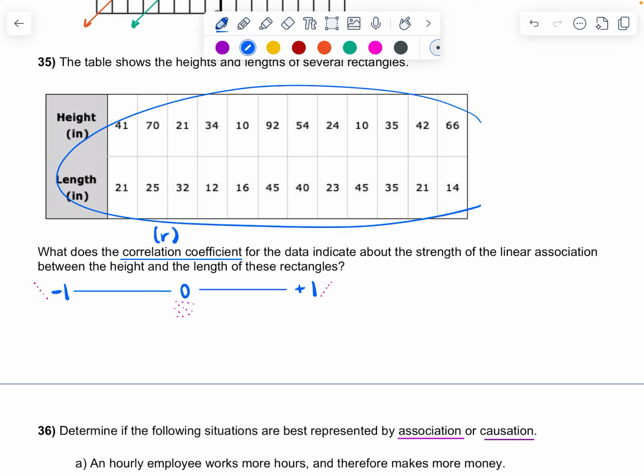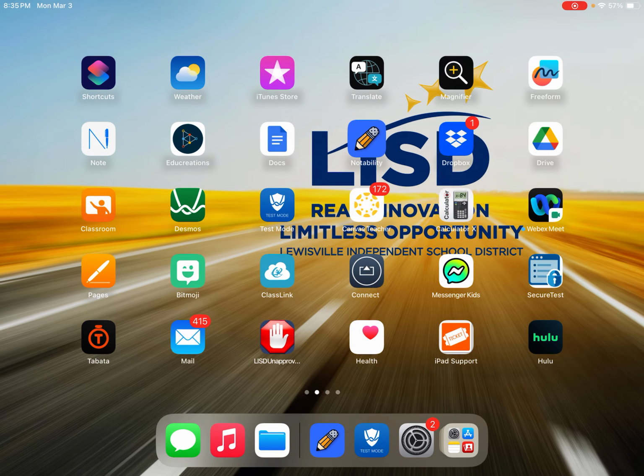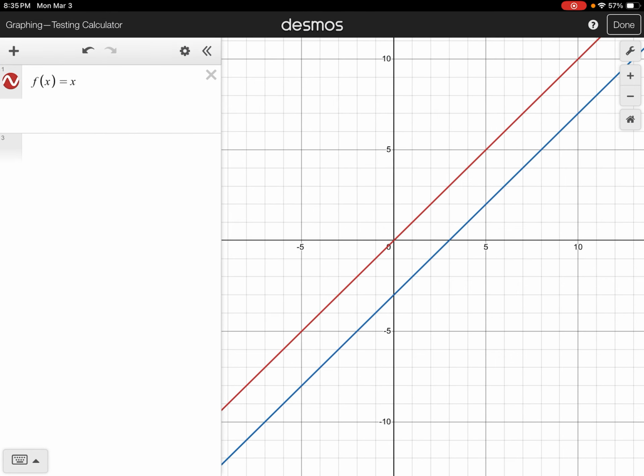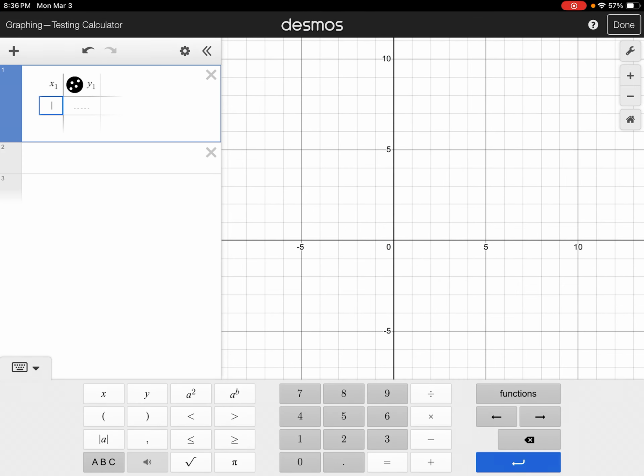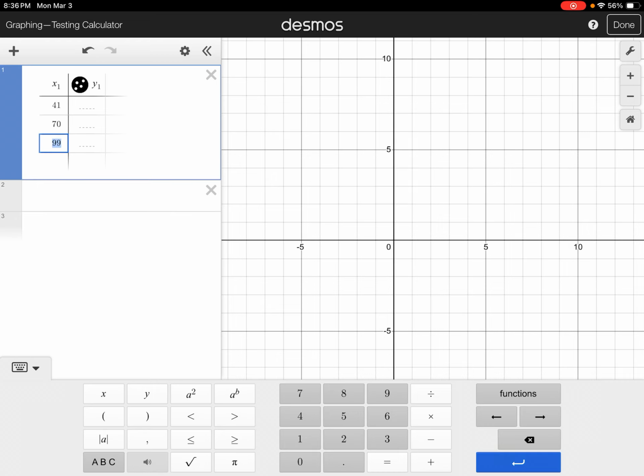Okay, well, I can't find the R just by looking at it, so I'm going to have to put all this in Desmos. All right, that's a lot of numbers, so let's get cracking. Here we go. Desmos, let me take all that out. Hit the plus sign to enter a table. All right, here we go. 41. I just kind of like to enter all my X's, so I can just hit the enter. 21,